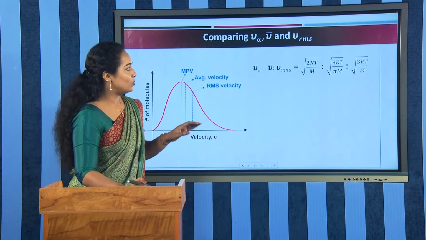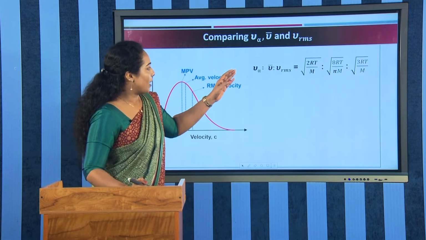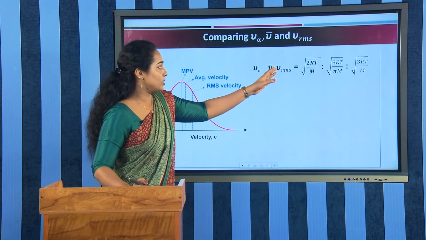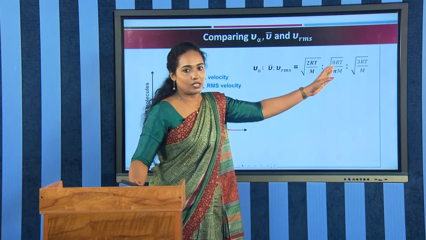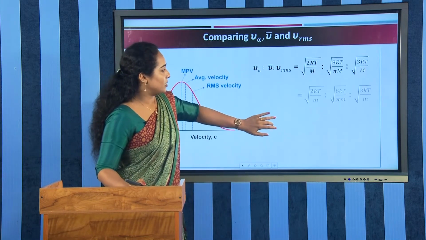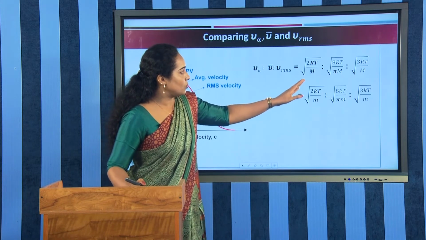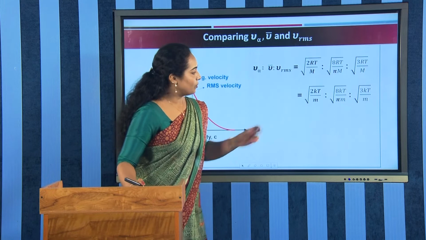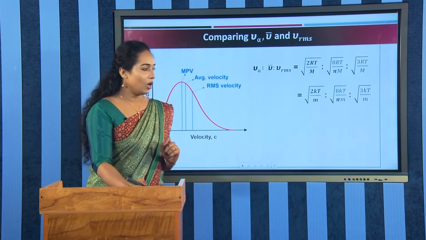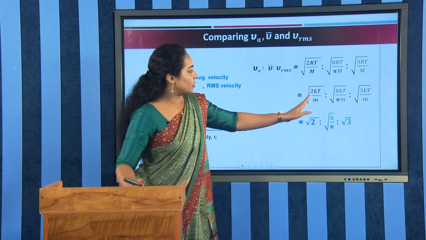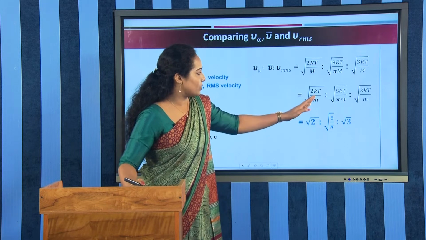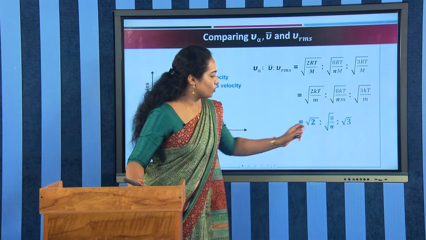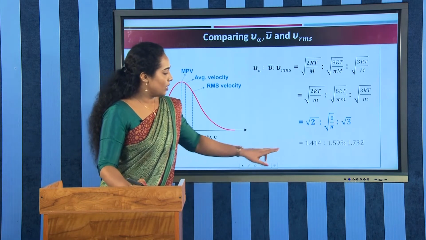Now we are going to compare the values of different velocities. That is, we have average velocity, mu RMS velocity, and most probable velocity. Most probable velocity is to average velocity is to RMS velocity, and we are just relating their mathematical expressions. So it is root of 2 RT by m is to root of 8 RT by pi m is to root of 3 RT by m. This RT by m can be written in terms of k, where k is the Boltzmann constant and m is the mass of one molecule. Because we have the common term kT by m, or here RT by m, the relation reduces to root 2 is to root of 8 by pi is to root 3, and that is 1.414